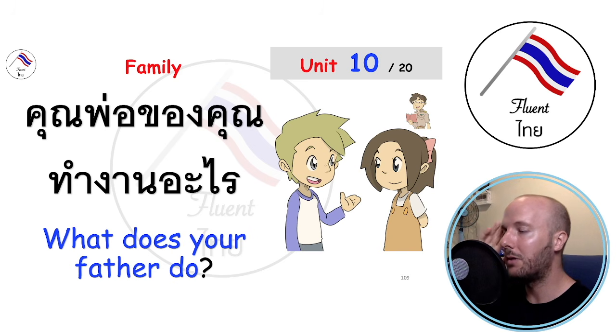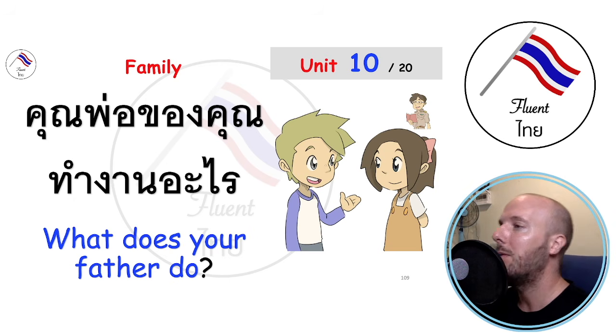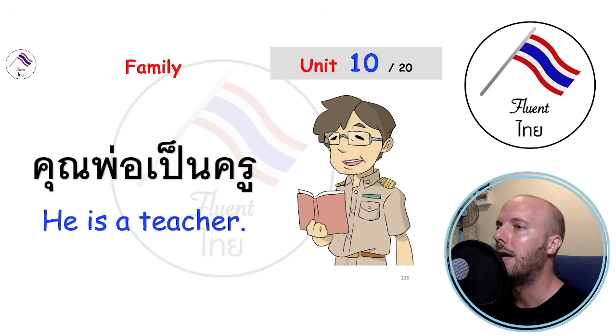I mean, if we're talking to you, if I say คุณพ่อ and when I'm saying คุณพ่อ that meaning your father, I don't have to then say ของคุณ because I'm already talking to you, so I could just say คุณพ่อทำงานอะไรครับ Just be aware that context obviously plays a role in omitting a lot of words out. Okay, he is a teacher. คุณพ่อเป็นครูครับ